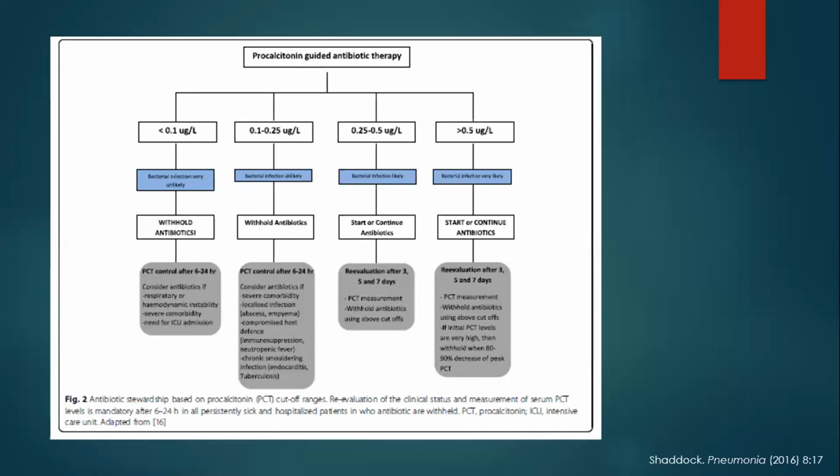There are new point of care systems that could give your casualty officer or GP just that little bit of confidence to say to the patient, listen, here we can show that your PCT is incredibly low. This is very, very unlikely to be a bacterial infection, and we can quite comfortably withhold the antibiotics in this particular patient. So very useful in upper respiratory tract infections and acute bronchitis patients, who we can then comfortably say you don't need an antibiotic.